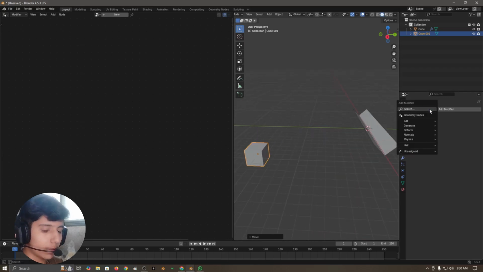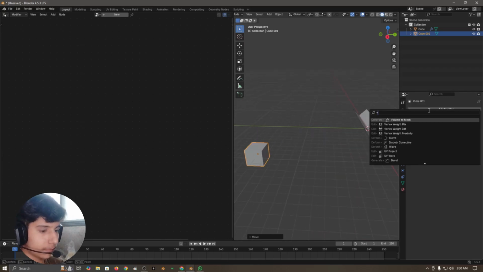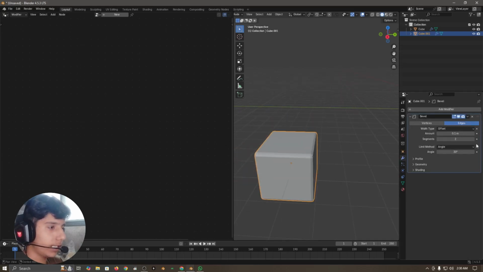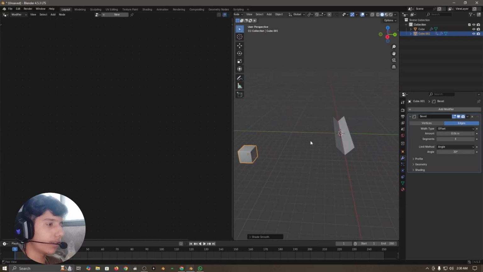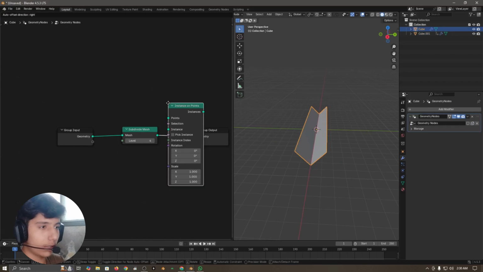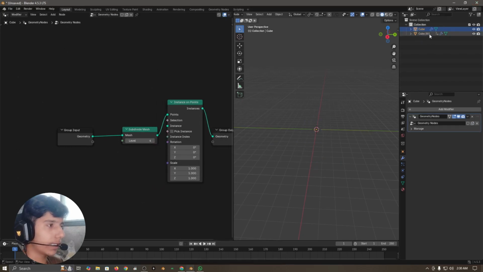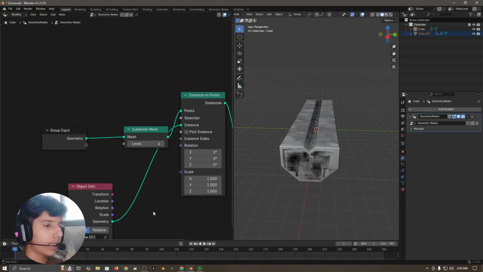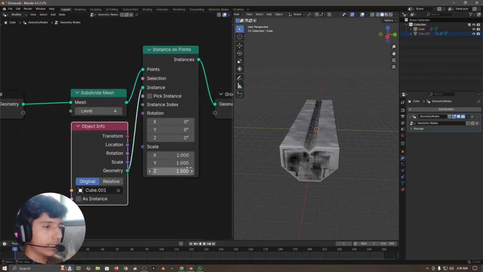Then add a bevel modifier on it, increase the segments and reduce the amount. Then right click and shade smooth. Then come here and add an instance on points node. Then grab that cube and place it here and plug the geometry into this instance section of our instance on points node. Then just come here, decrease the scale value